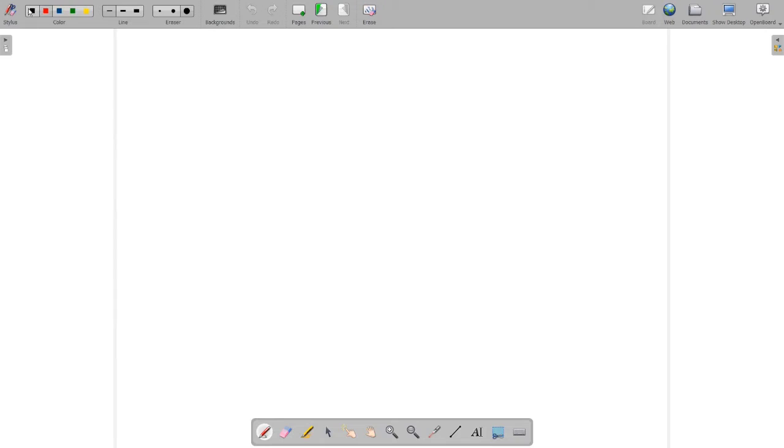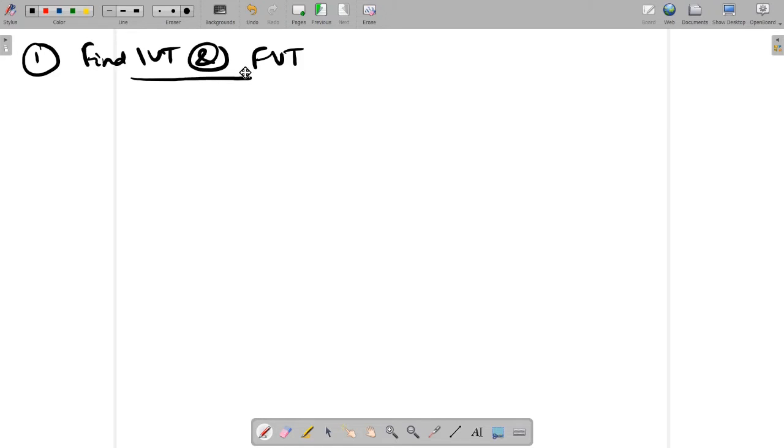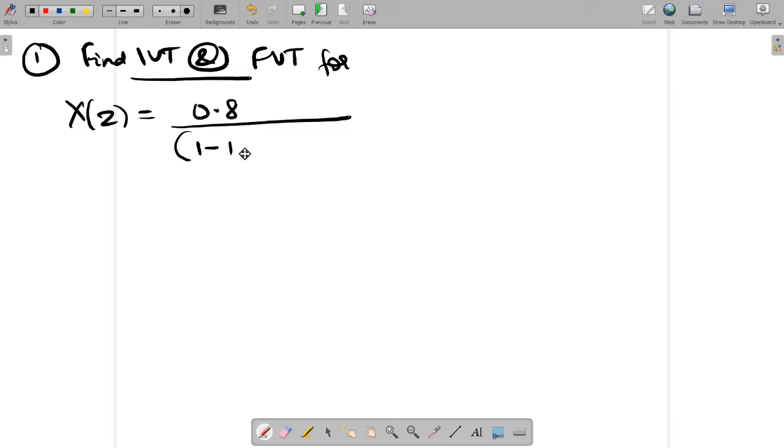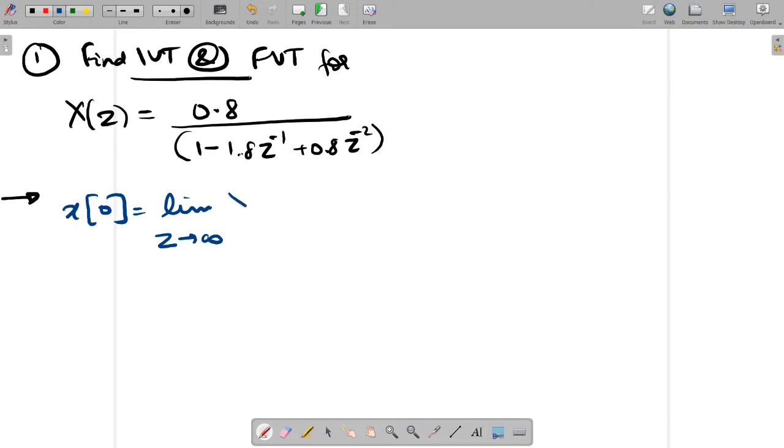Let us do a sum, please. Find IVT and FVT for x of z is equal to 0.8 upon 1 minus 1.8 z inverse plus 0.8 z minus 2. Let us start off with the initial value x of 0. X of 0 formula is limit z tends to infinity x of z